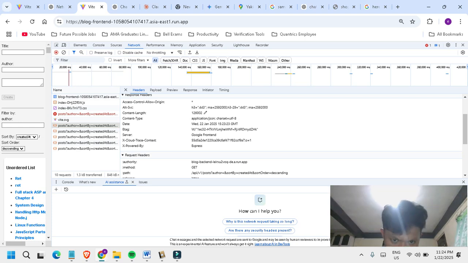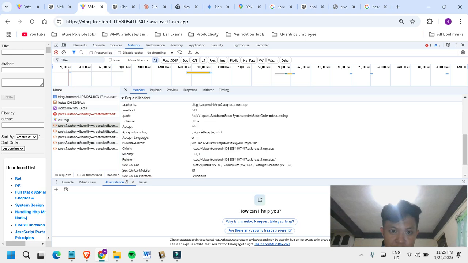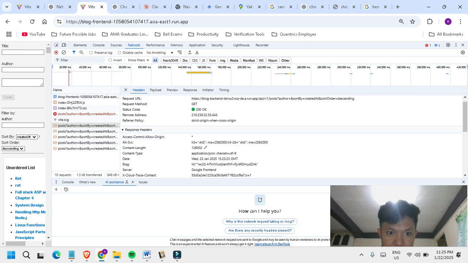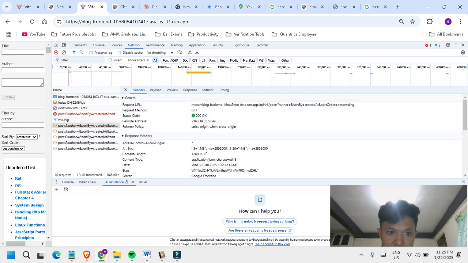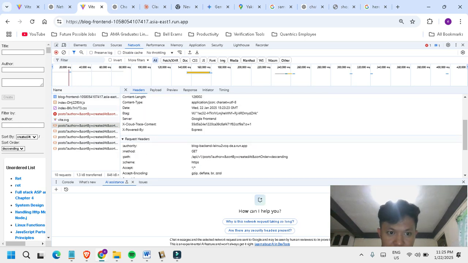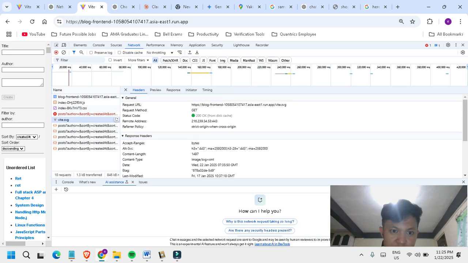So, Content-Length is 126,000 kilobytes. So it's big. Content-Type, we'll discuss that. Date, there's a date for the response, January 22, 2025. So there is no Allow on the response header for this resource.